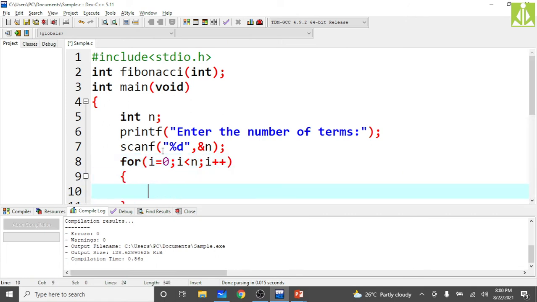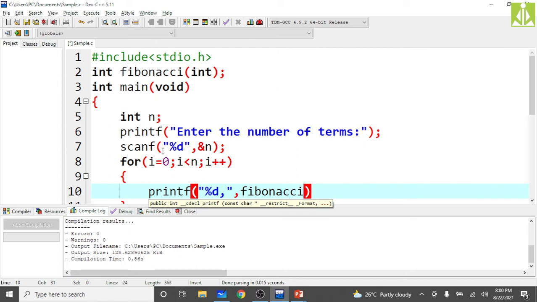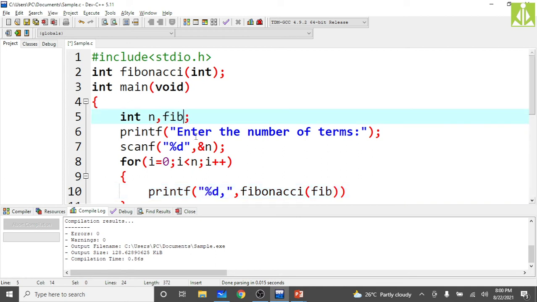Here inside it, printf of percent d, comma, Fibonacci of fib. This fib also we need to calculate. So fib equals 0 initially, and take i also, because we have used it over here.